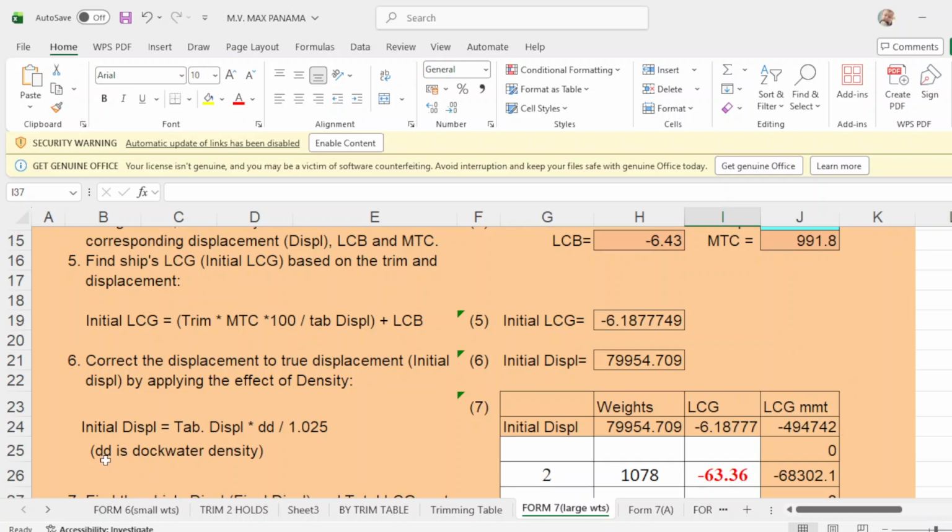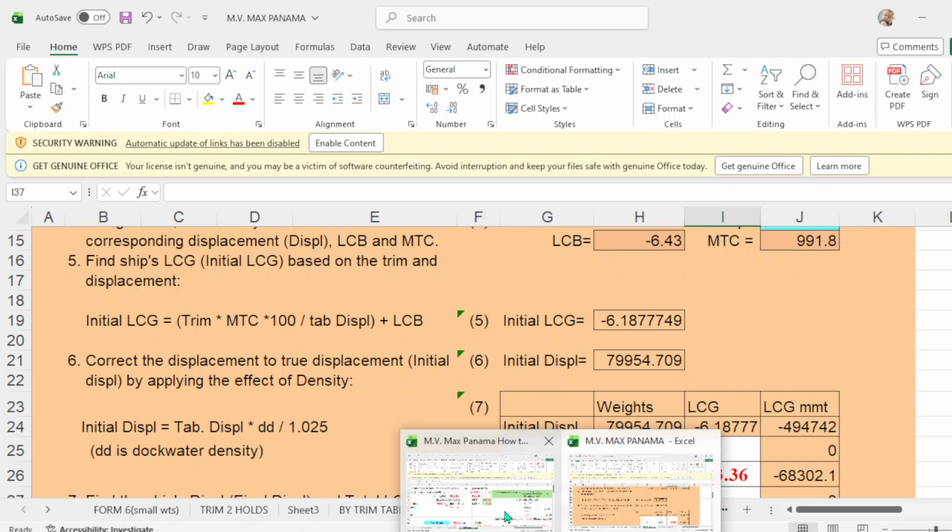So the formula will be initial displacement equals tabulated displacement times local density over 1.025. DD is the dock water density. Okay, if you apply this one, your initial displacement will be 79954.7. That will be number 6.